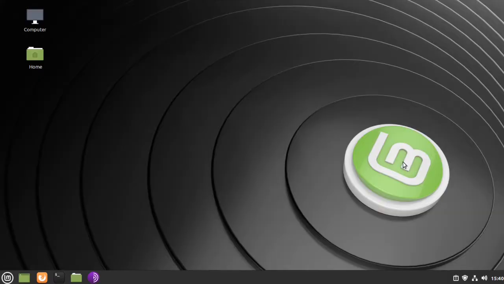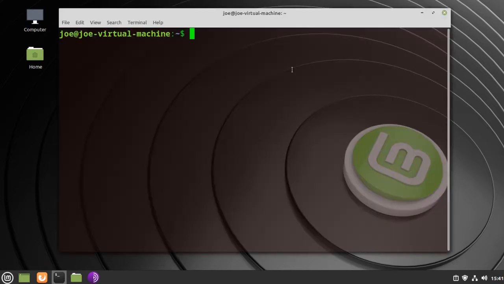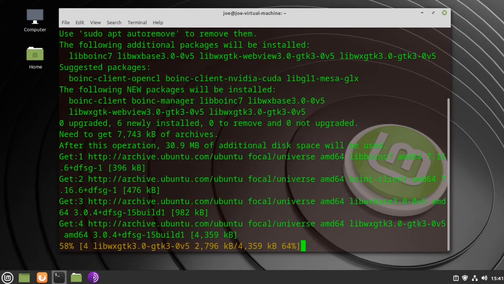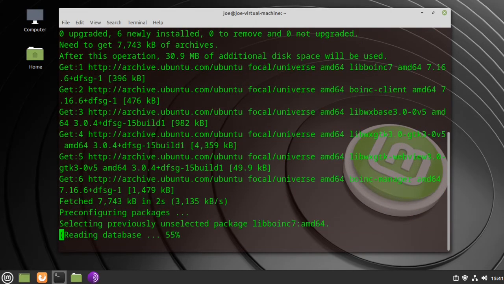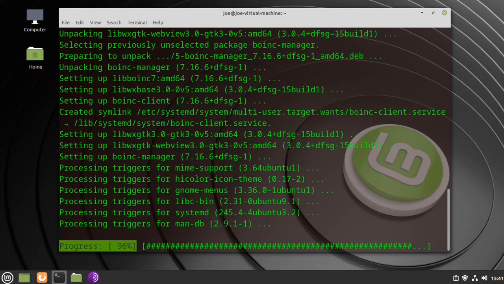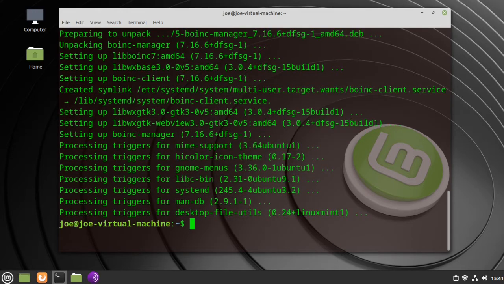Okay, to install Rosetta@home on Linux Mint 20, start your terminal and type sudo apt install boinc-client boinc-manager -y. Okay, when that's done, you can close the terminal